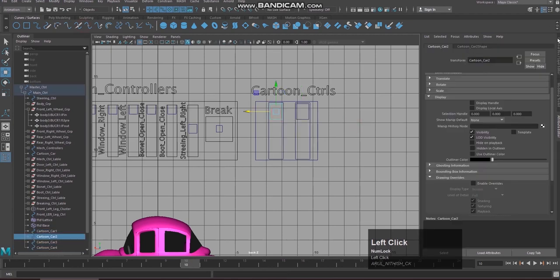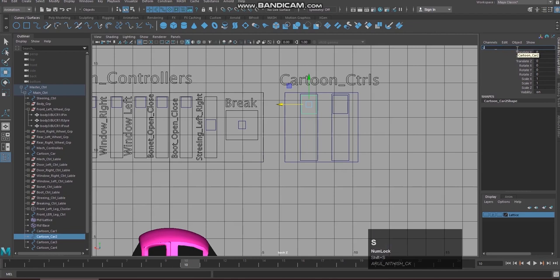Select this and give proper names: stretch pan control, stretch box control, twist pan control, twist box control.